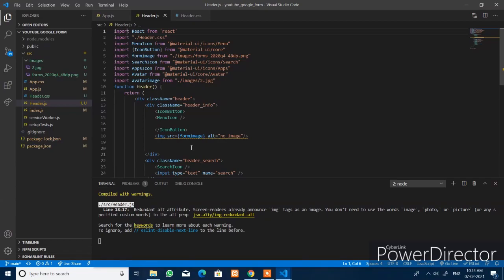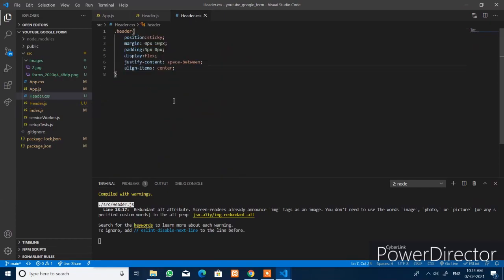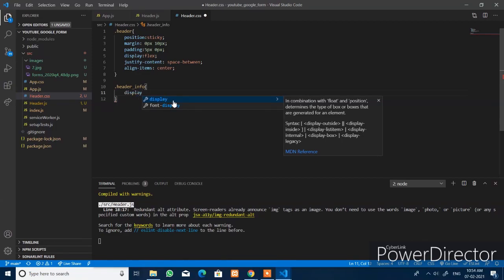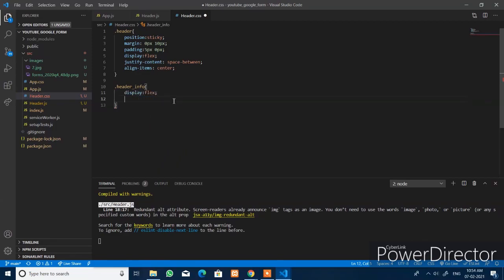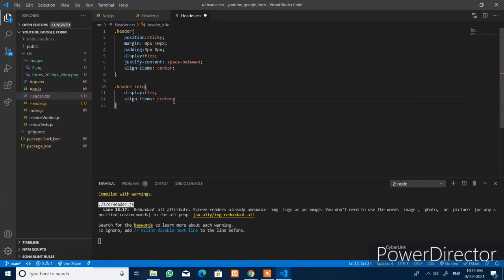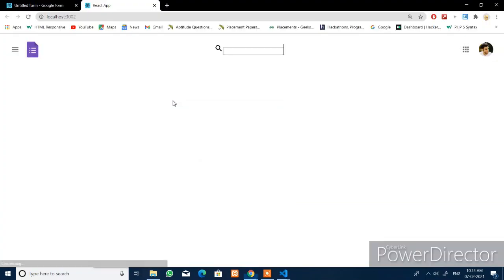To make it in the same level, we will take here dot header info display flex align items center. Save it and open the browser. Now you see the menu icon and the image is in the same level. Follow this for the rest of the elements.